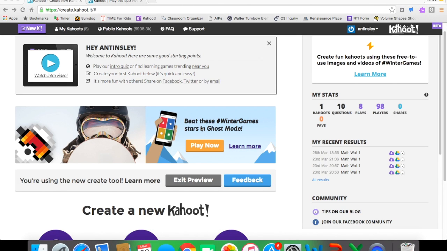First, you'll need to go to getkahoot.com to set up your free online account. Once you are logged in, you will see a screen like this. At the top of your screen, you have several options. You can click on the purple New K button, which allows you to create your own account. Then you also have My Kahoots, which will show the Kahoots you have favorited and the Kahoots that you have